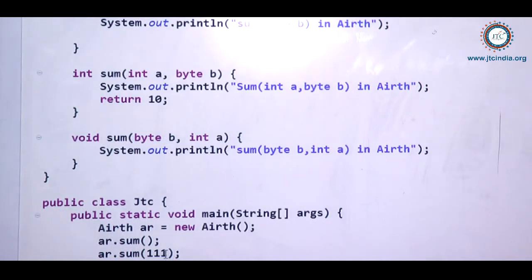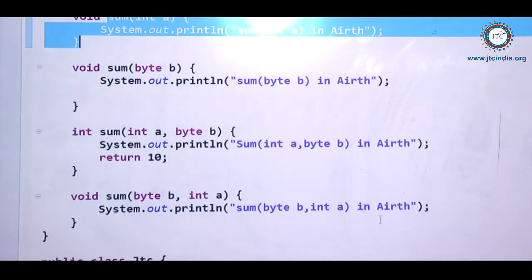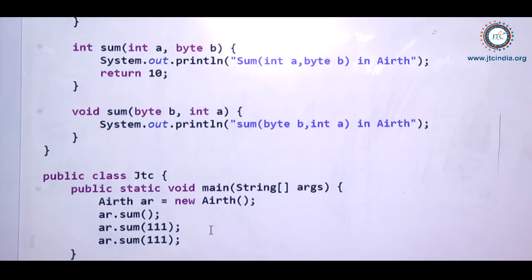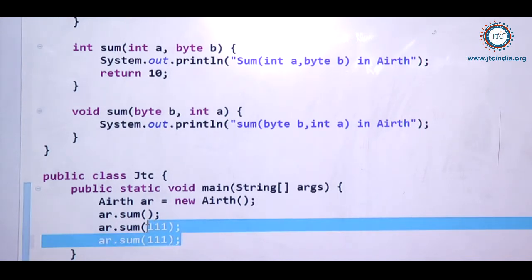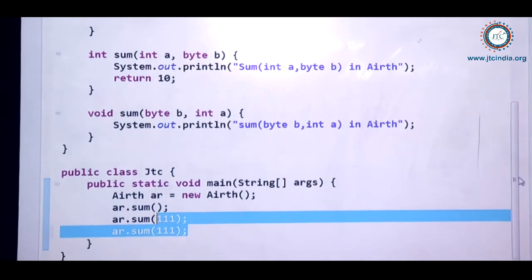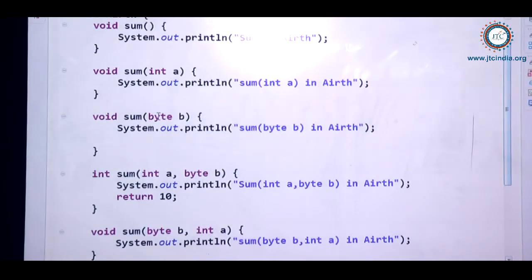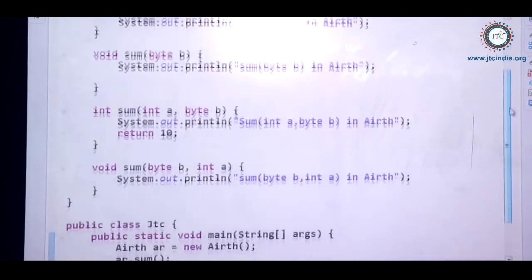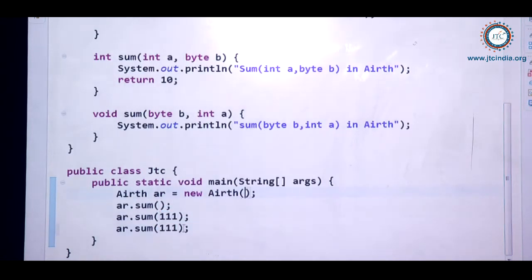But the next question: when we talk about the range of byte and int, and the value which I am passing to call this, what value am I passing? 1 1. So the values which we have passed here, it is going to call that method, right? But it also comes under the range of byte as well as the range of int.